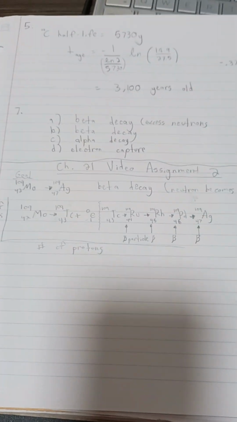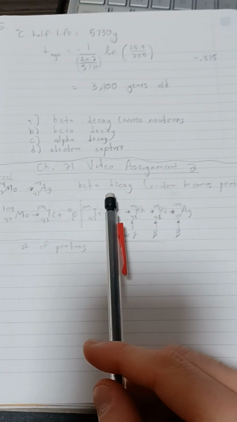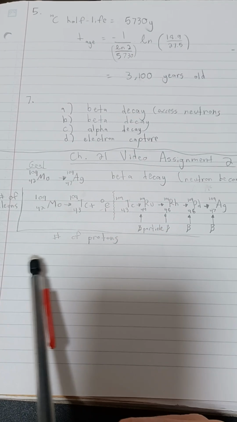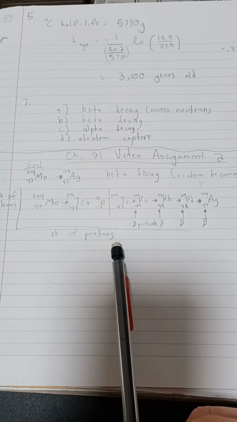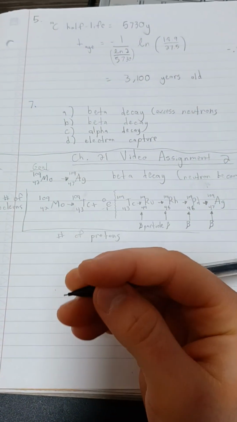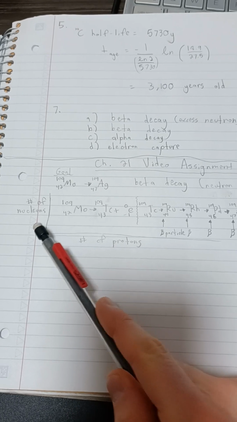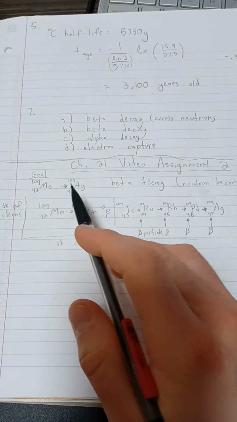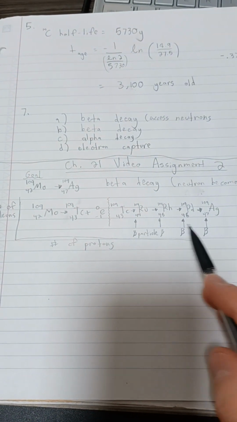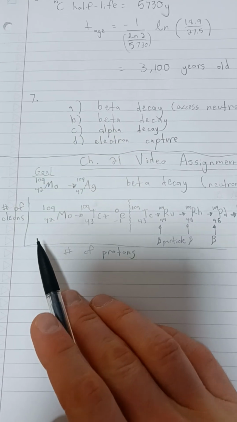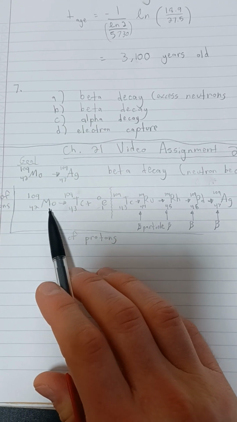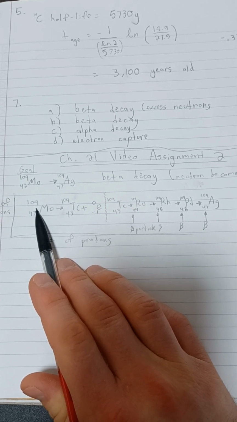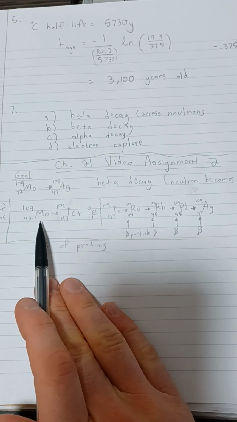So we have a little chart here. Beta decay, neutron becomes proton in this decay. So I have a type of graph. Number of protons increasing as we go to the right, and then the number of nucleons staying constant all the way throughout the mechanism. Now this first step I kind of wrote it out fully. The last steps I kind of shorthanded it. But here we have 42 protons in molybdenum and 109 nucleons, neutrons, and protons, decaying to